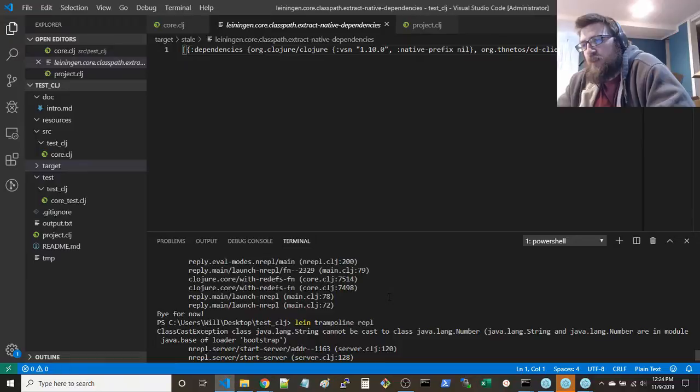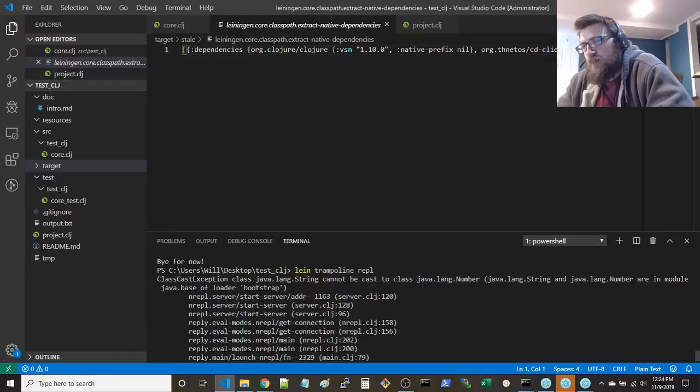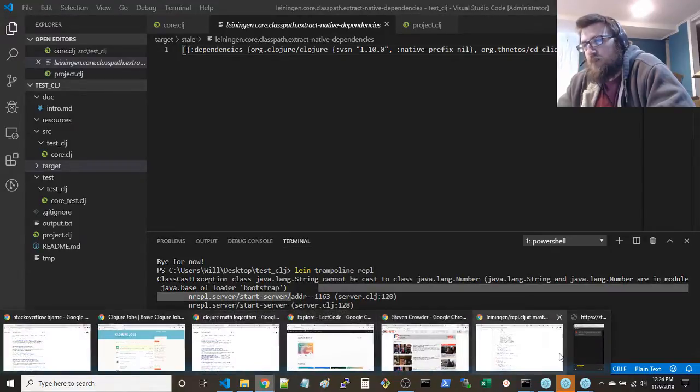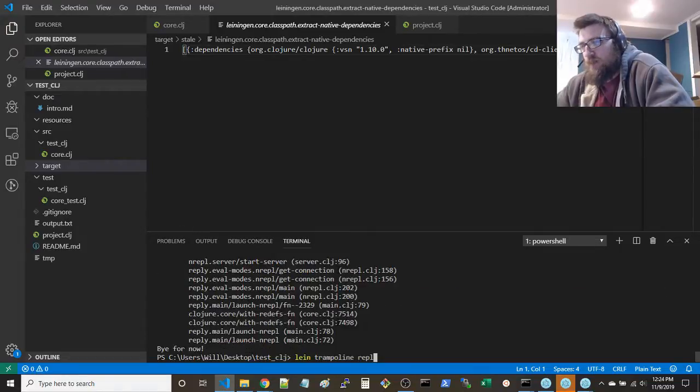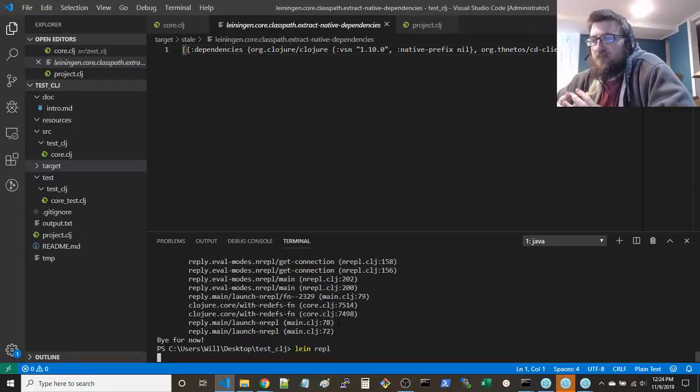Alright, cannot be cast. String cannot be cast to number. Where is that happening? In module base of loader bootstrap, start server, okay, connection, address. Maybe I just need to specify the address. Maybe that's the problem. And then what about just regular old REPL.